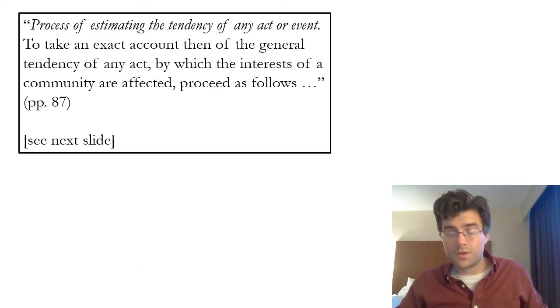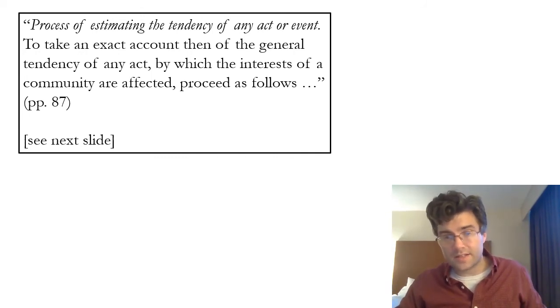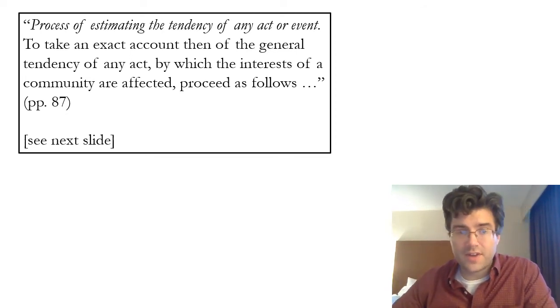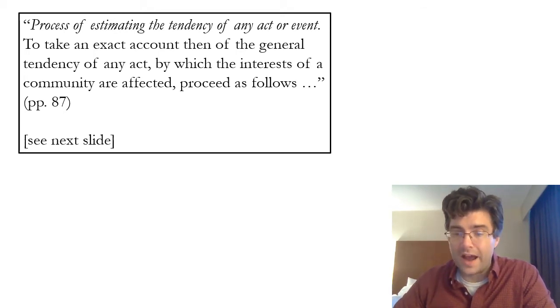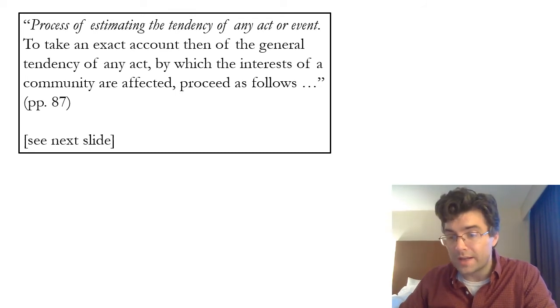So on we go to Bentham's summary at the end of the text. He says in a section that's titled Process of Estimating the Tendency of Any Act or Event, "To take an exact account then of the general tendency of any act by which the interests of a community are affected, proceed as follows." So this is basically him telling us how to estimate, how to determine whether or not an act favors the interests of a community, whether or not it promotes the interests of a community,